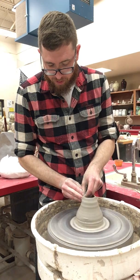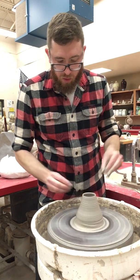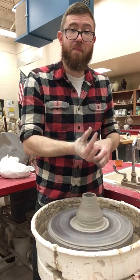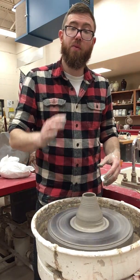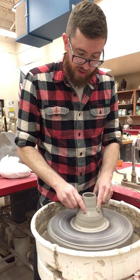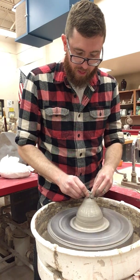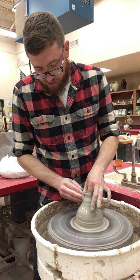And bring it up. The whole goal of a spout is to create some pressure so it pours nicely. So a bigger opening that narrows down is going to give you good pressure so the thing pours with a little bit of force, like a nice stream to it. You don't want a trickle or anything like that. So I'm going to choke this in. And as I choke it in, remember it'll thicken up a little bit